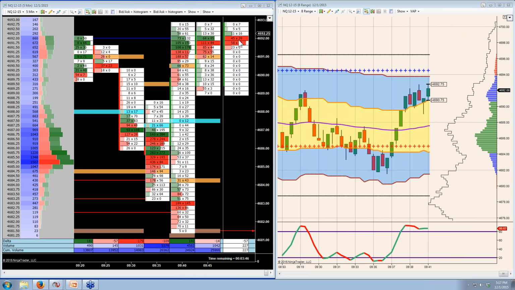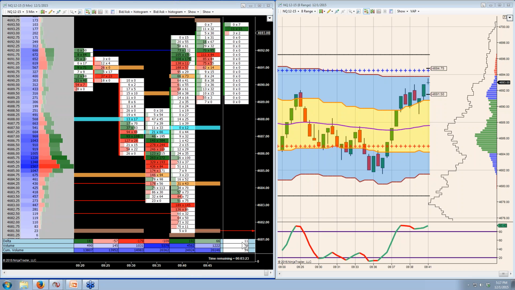This is what I was talking about earlier, is that we can see the more aggressive orders coming in here. So this is constantly moving. The delta is constantly changing on this bar here and this bar here. And so here you can see it coming up to that next high value area. And looking at this